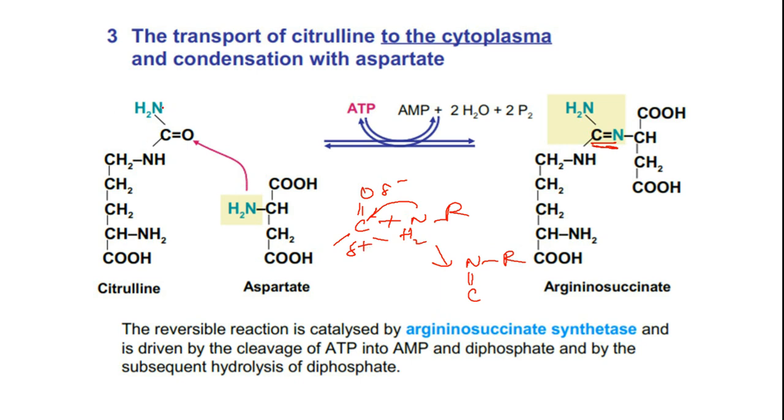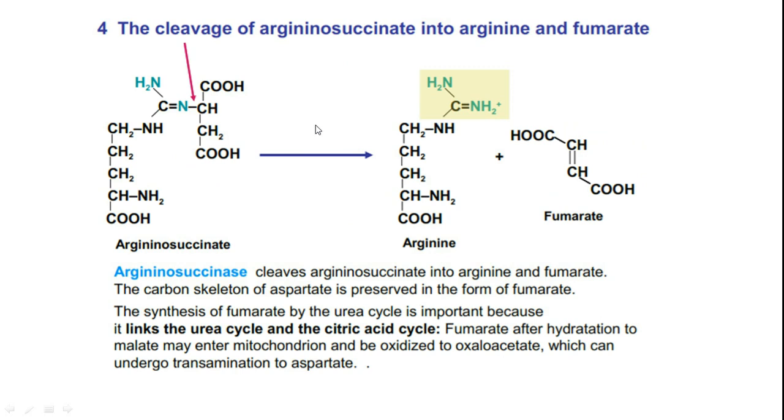Whereas here this is a urea. Both nitrogens donate electron density, so the inductive effect will be there. So the carbonyl carbon will not have that much positive charge, and nitrogen has to attack this carbonyl carbon. So here it is a high energy situation, so ATP is consumed, and then the cleavage happens over here. This is almost like the case of the histidase enzyme, where deamination is happening. It also looks like the same kind of mechanism, where a double bond is generated via elimination of the nitrogen as an amine.